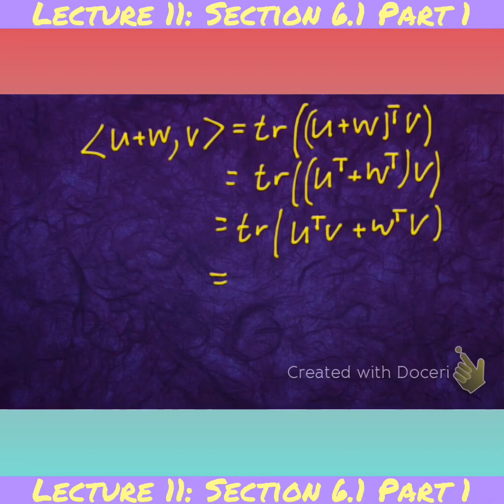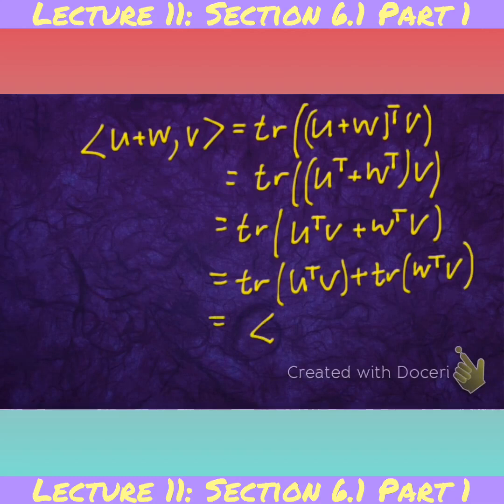Okay, and the trace always distributes over the sum. So that's going to be the trace of U's transpose V plus the trace of W's transpose V. Okay, and that's the inner product of U with V plus the inner product, well, we cannot call it an inner product yet, so my apologies for that. We first have to show it. So there we get that's the sum of the product of U with V and W with V. Okay, so the second